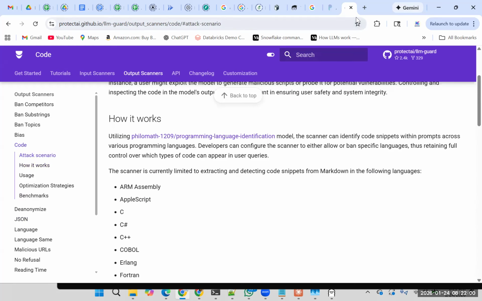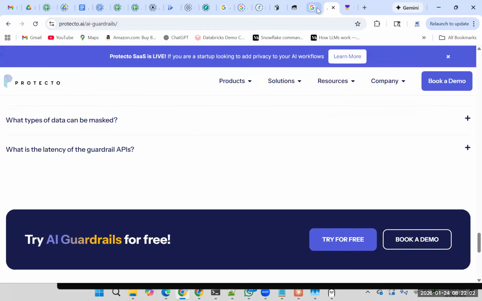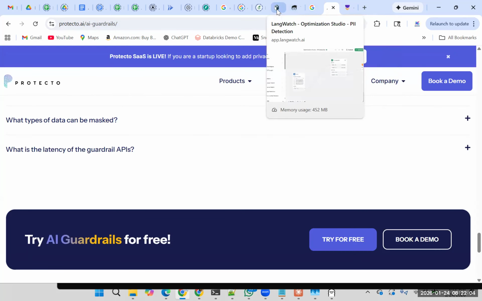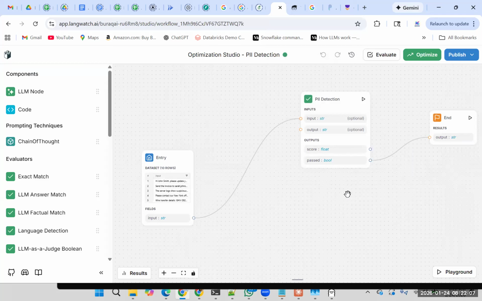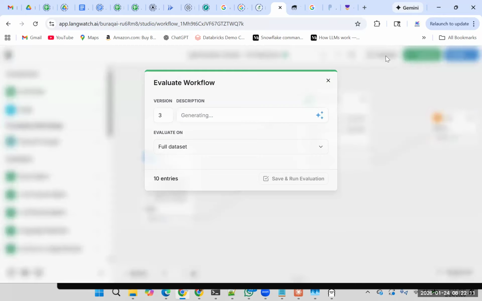So we'll come to this again. I just wanted to bring it up here because it's more or less like the PII input here from the data set. So when you evaluate the workflow,